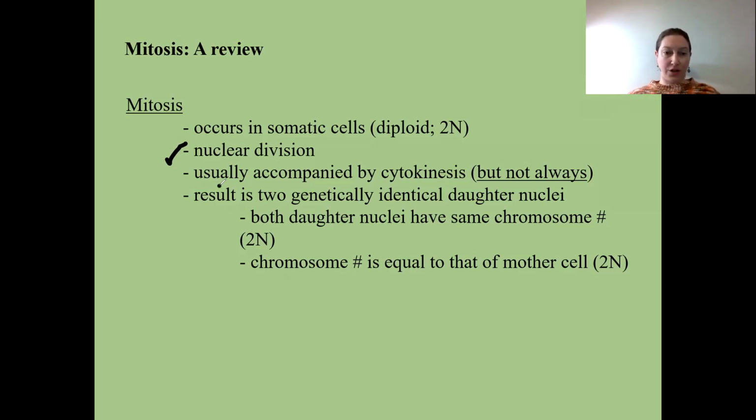Whole cells are made usually accompanied by a process called cytokinesis, which is when you have a cell membrane surrounding the new nuclei. But not always, and we'll see later as the course goes on that there are some times when mitosis occurs and no cytokinesis occurs. So not always. But this is the most important part: after mitosis occurs, the result